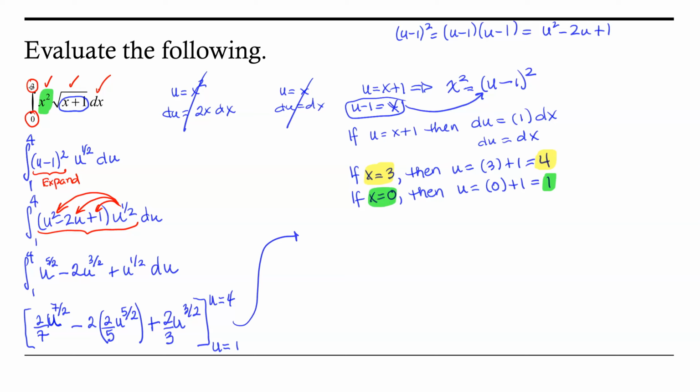So bringing that up over here, we have 2/7 times 4 to the 7/2 minus 4/5 times 4 to the 5/2 plus 2/3 times 4 to the 3/2